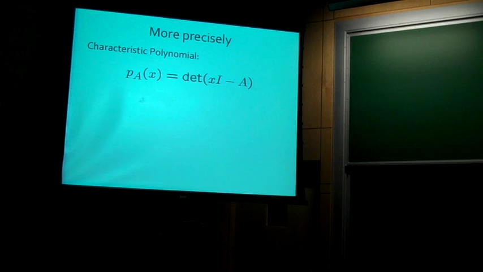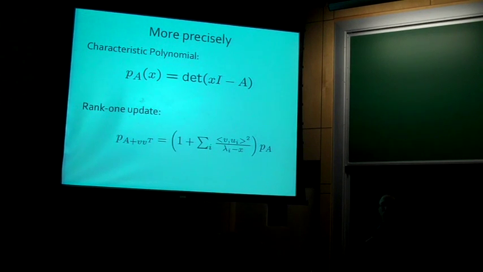If you actually write the characteristic polynomial of the matrix A, that's the determinant of, of course, x times the identity minus A, we can understand how that characteristic polynomial changes when we do what's called a rank 1 update. This is a thing people study all the time in numerical linear algebra. It turns out to be very useful. We can understand exactly what the new polynomial is. It's the old polynomial times this term here. I know this is a little bit messy. I'm going to give you a physical interpretation of this term rather than try to go through the formula.